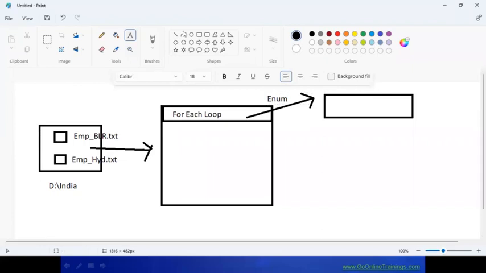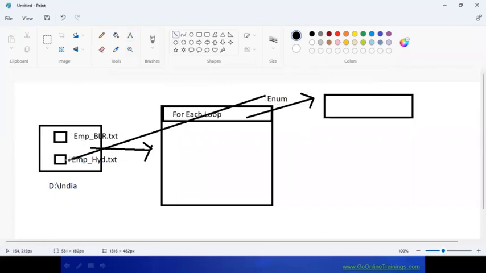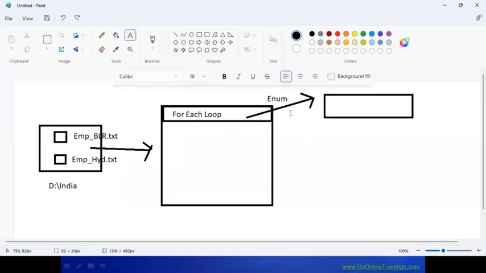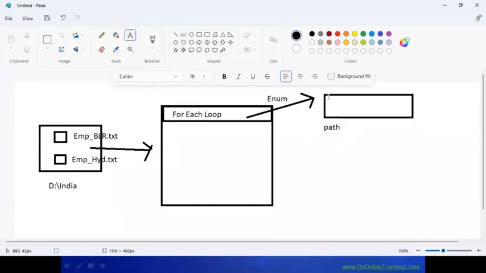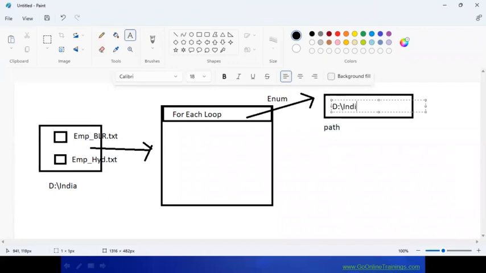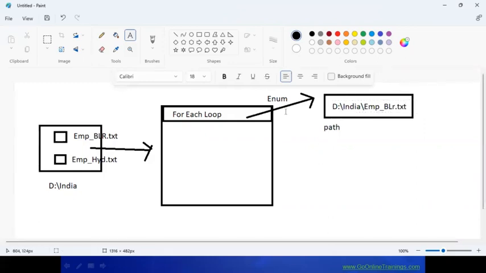This is going to go here and get file by file, and the path is going to be stored in the path variable I have created. What is the path? D India, that is the folder. And the file is Employee underscore Bangalore dot txt. Clear? So the enumerator